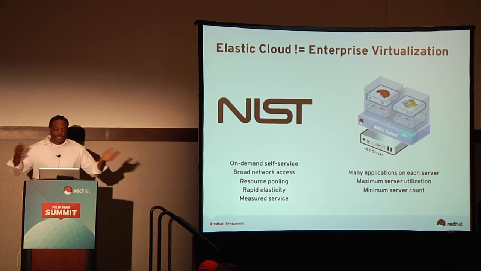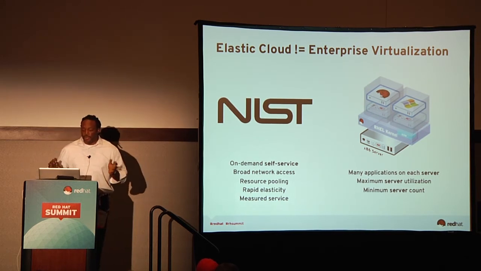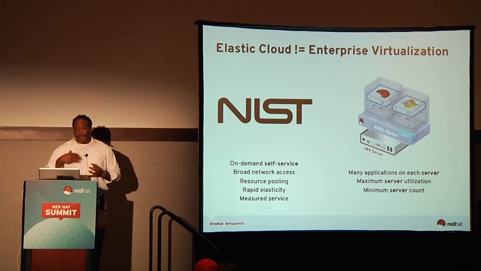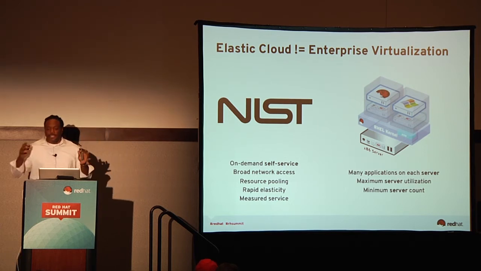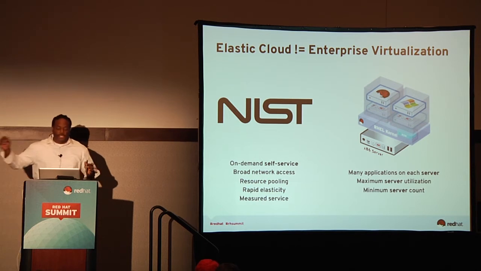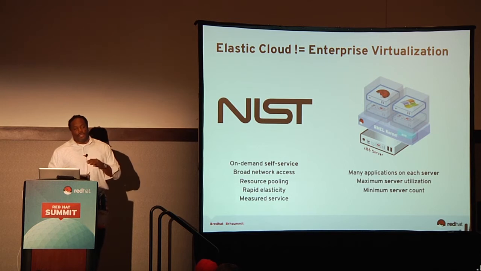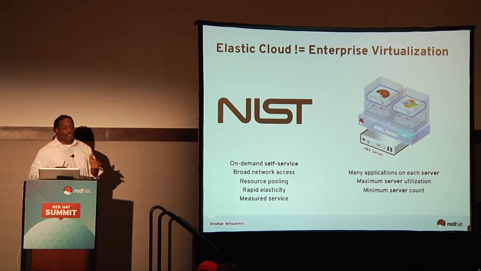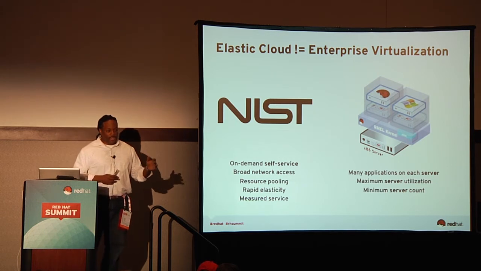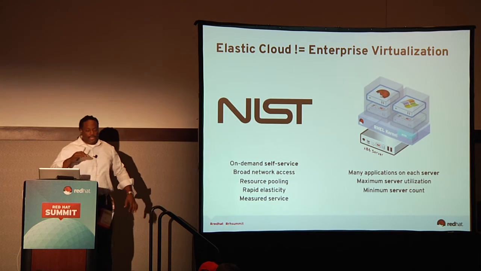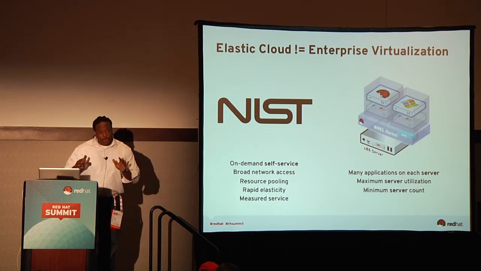Network access means basically network access, so you can deploy this from anywhere as long as you have net connectivity. Rapid elasticity, so if your application needs to go from 10 virtual machines to 100 virtual machines, it should just be able to do that very quickly. And the final piece there is measured service. If we're not measuring the service in terms of bill back, charge back, accounting for the actual uses of the cloud, to me, that's the elastic side. And if you look at enterprise virtualization, and there's nothing wrong with enterprise virtualization.